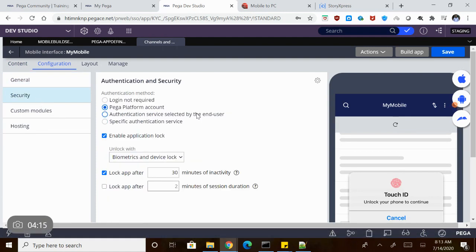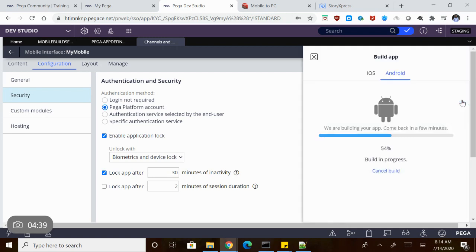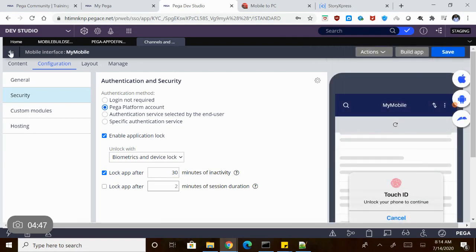Here, by default it's a Pega platform account. Authentication, any specific authentication you want, you can specify here. In 8.4 they have given options for how to unlock this app: either biometric or device lock, or biometric with a pin, or app pin only. Let's see the status. It's still 54 percent. Meanwhile we'll try to see the existing